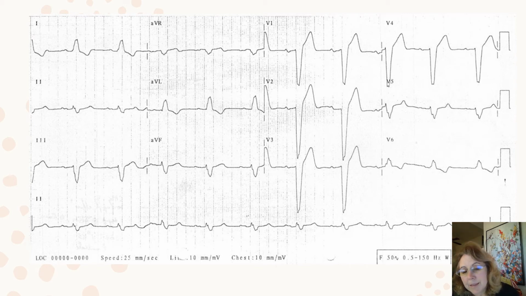So that's why I come back to my little shortcut: if I look at V1 and it is upright, I start thinking it's going to be a right bundle branch block. Then I'd look at V6 and 1 and make sure that, number 1, they look very similar because they should be congruent,